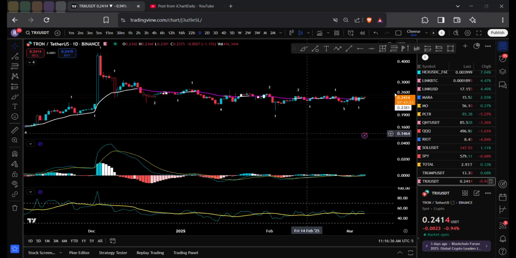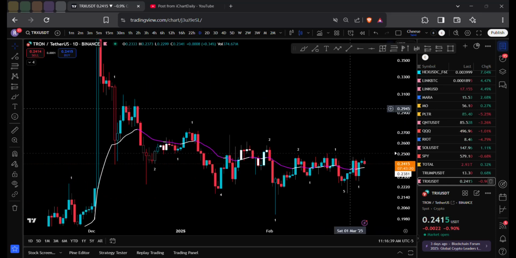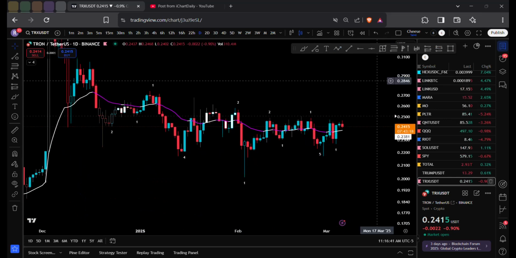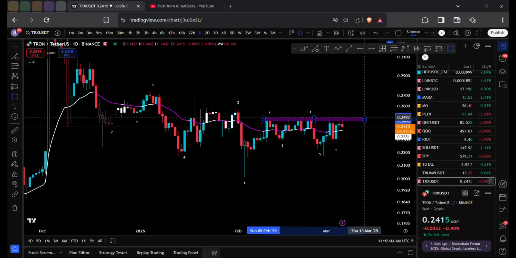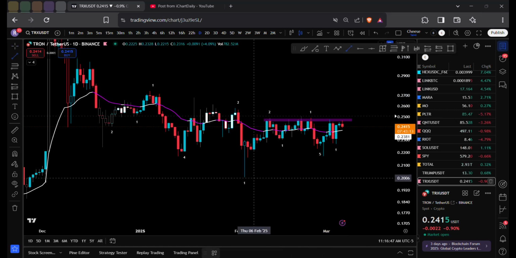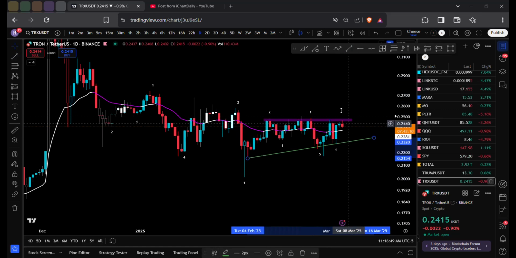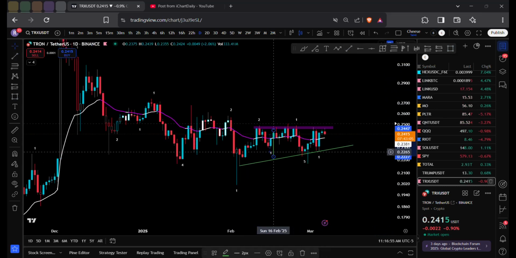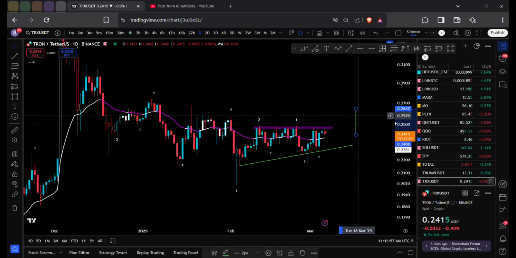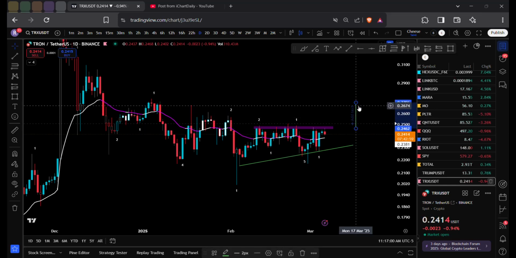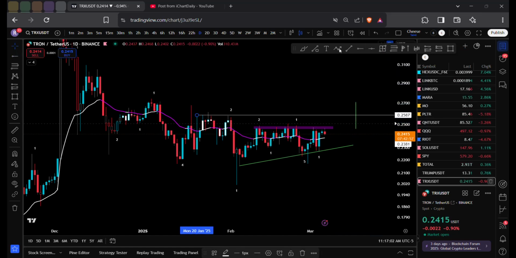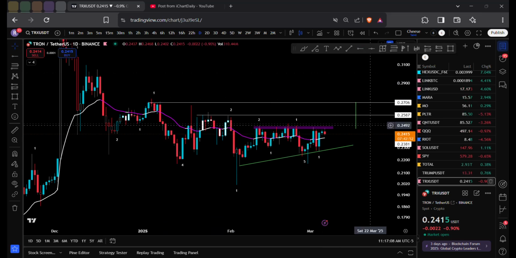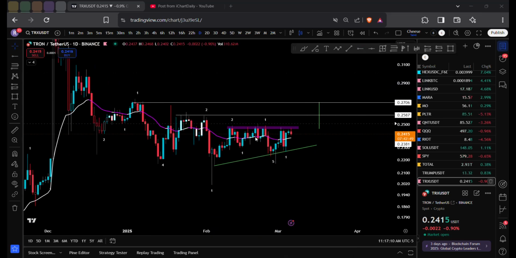Go back to the daily. Daily, you're seeing resistance here. Higher lows here. Ascending triangle. Here, measured move. Here, bringing you, again, 25 to 27 cents. Bing, bang, boom. More bullish plays happen well on more bullish charts.